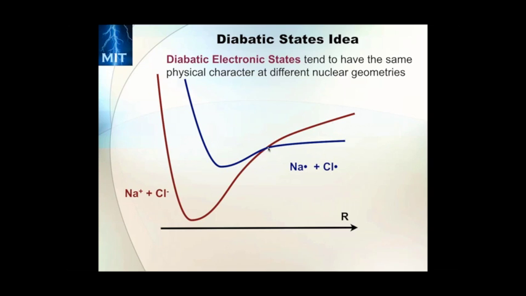So the energy of that state should look something like this red curve. It should cross this neutral curve somewhere at some intermediate distance. And these two states are, by construction, diabatic states. They don't change character as I change the bond length. The one state stays neutral, the other state stays ionic, no matter which one is stable at a given distance. And so these are useful chemical concepts, although many times in electronic structure, what we're actually interested in